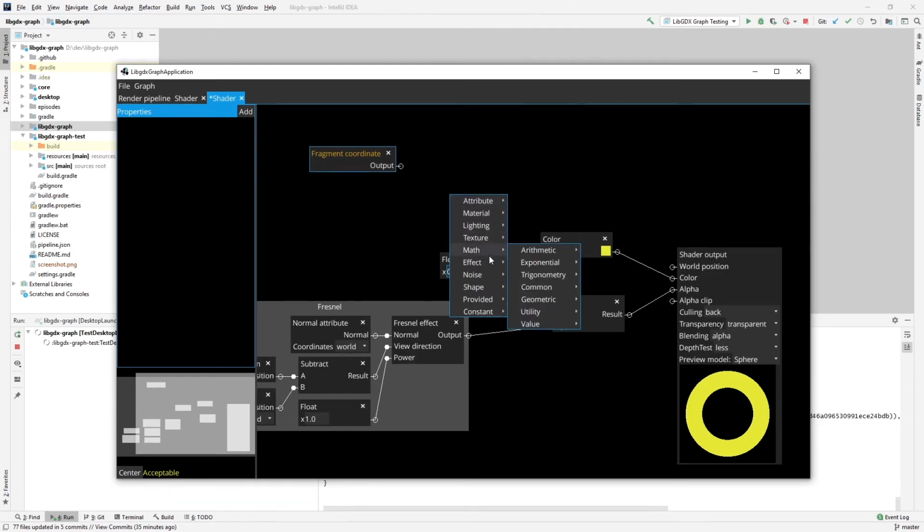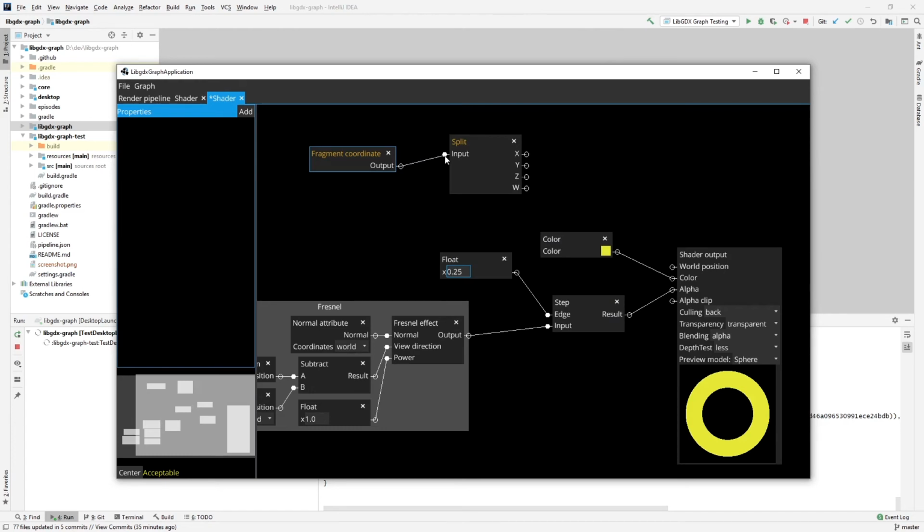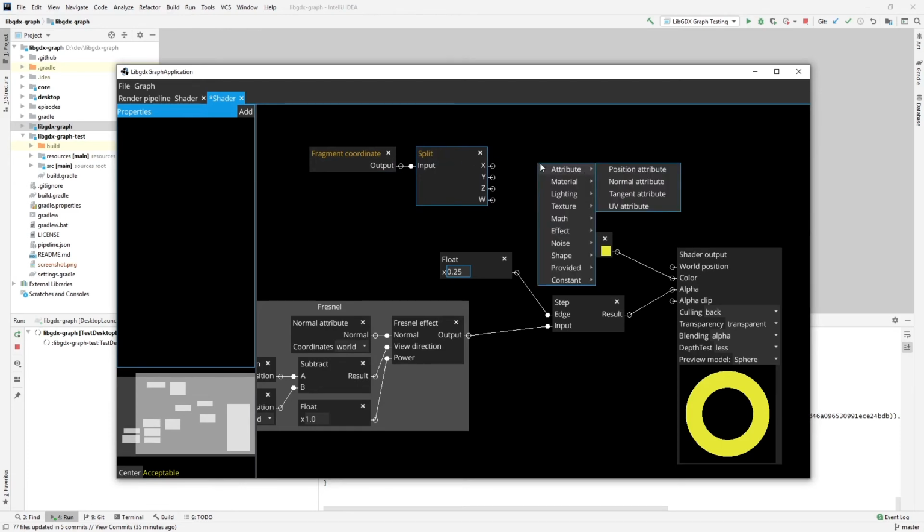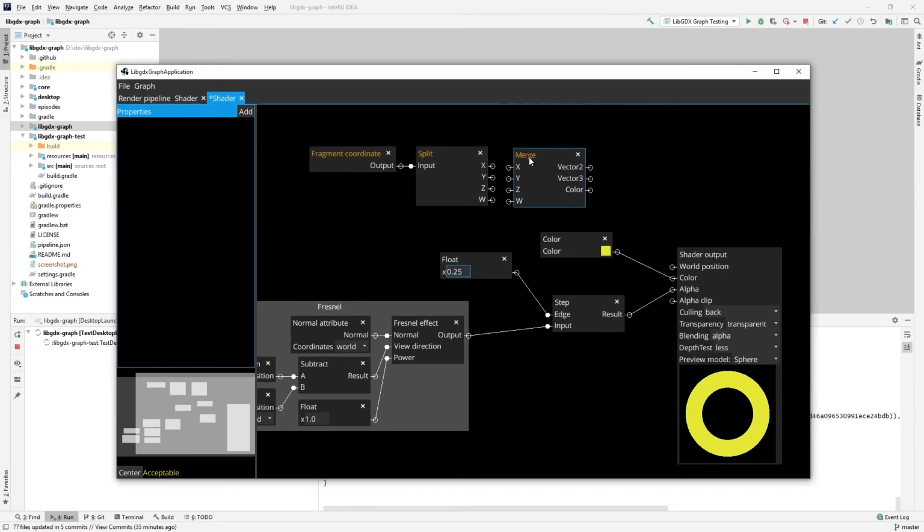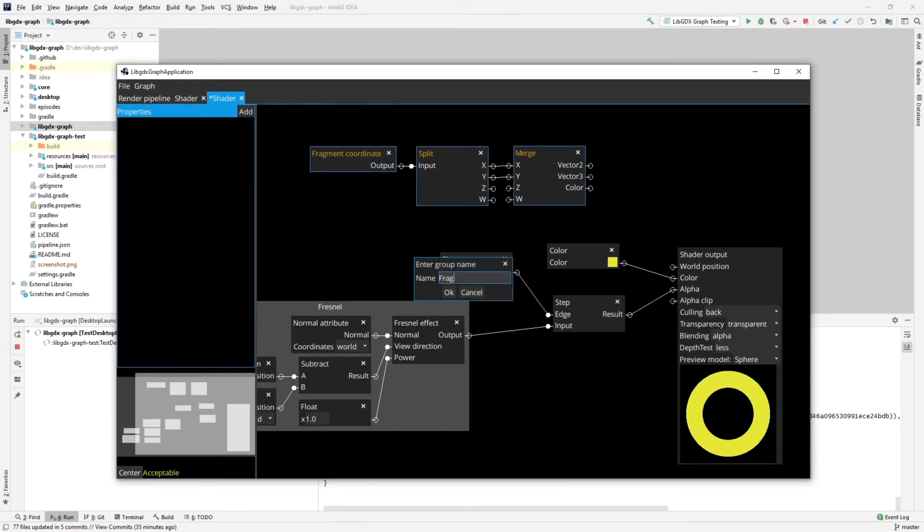I'll split this into X and Y, because the fragment coordinates also has Z and W components, and I'll reconstitute them as a vector 2. So this is going to be a fragment coordinate (2D),